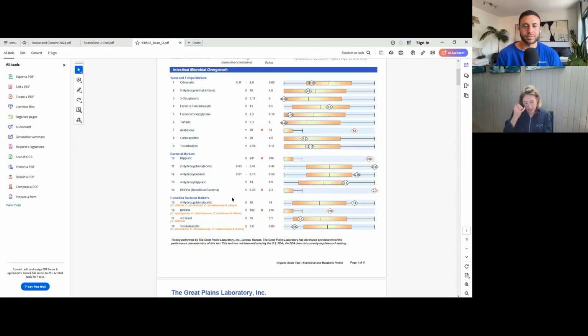They can be, but I'll also say I see a lot of people where you'll do a stool test and you'll do an organic acid test, and you'll often see the bacterial markers completely normal. And then on the stool test, it's a bit of chaos. So it doesn't necessarily translate perfectly. I find with the Clostridia markers, often there's no Clostridia on the stool test, but the Clostridia markers show up. And in that case, I'd probably